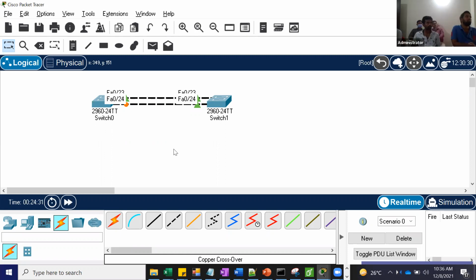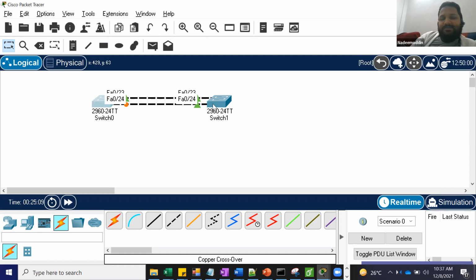Because first one, all are connected and it is the root bridge. No. Because both the cables are in forward mode. No, the question is why they are in forward mode, because it became a root bridge. That's why it is in forward mode. But why did this guy become the root bridge and only its port got blocked? Why not this become the root bridge and this port get blocked? That's my question.